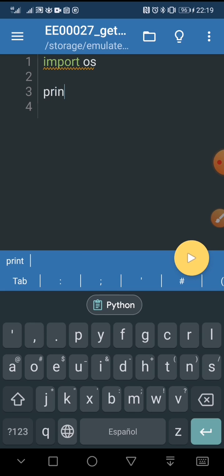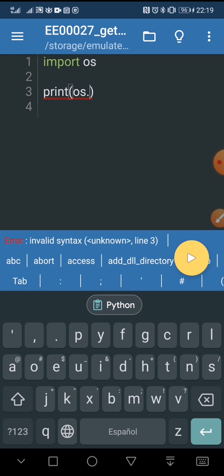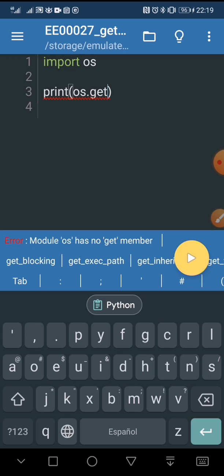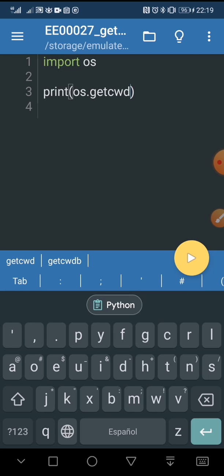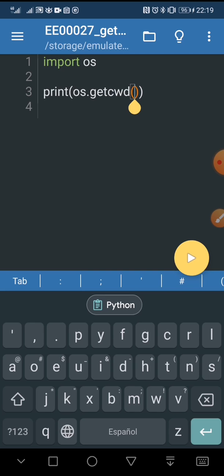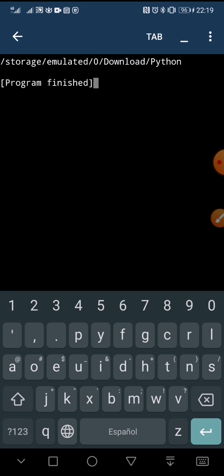Now, in a print statement, to get the current working directory, we write os.getcwd. Those three letters, CWD, describe current working directory. It is very easy. Now we can execute this code and get for this system